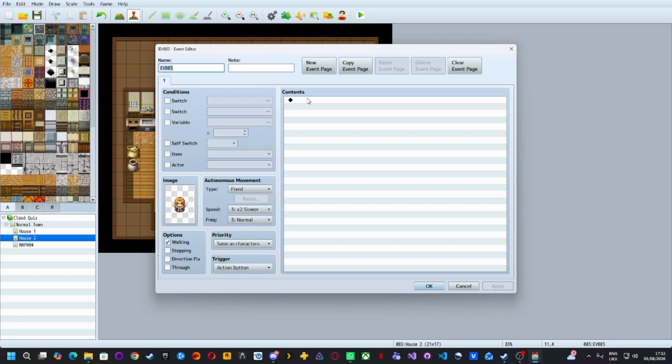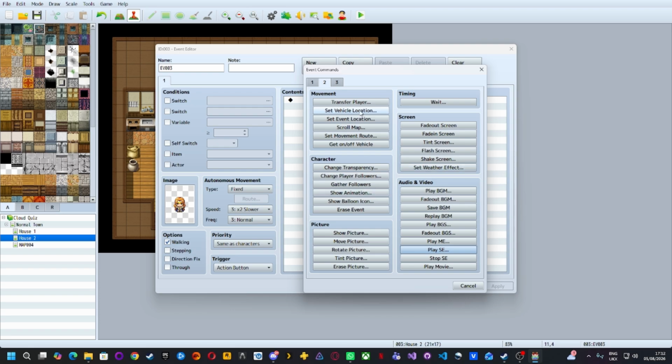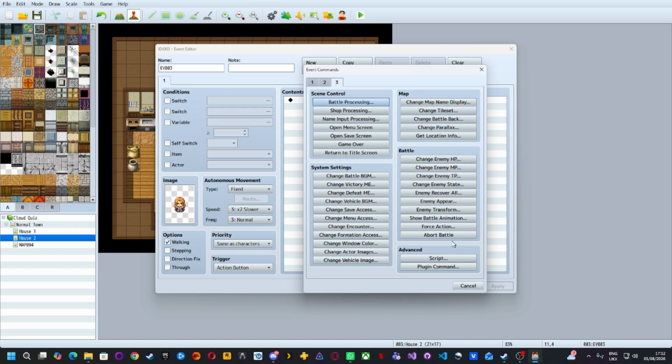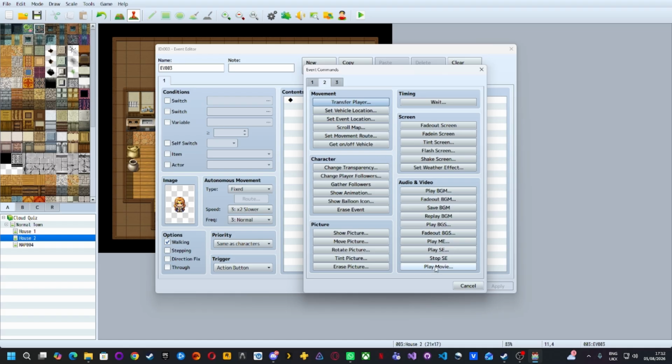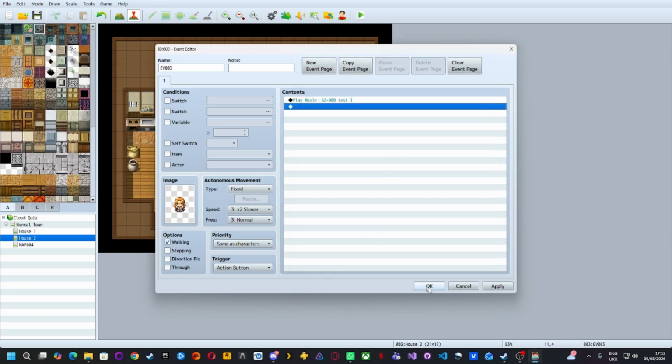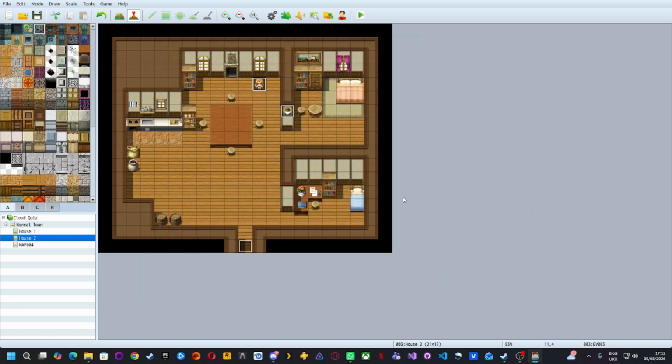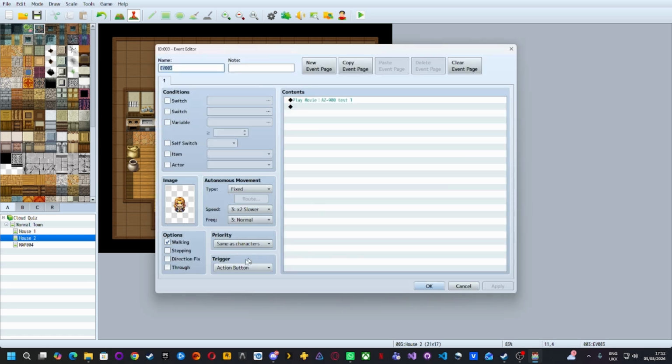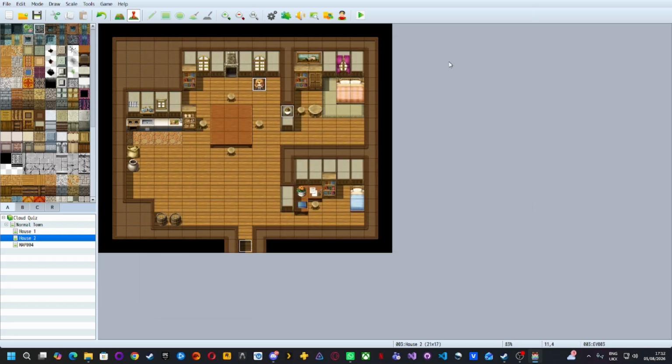And then when we go up to him, we're going to play a video, play movie. And you see now that I put the AZ900 test and renamed it, so we can apply that. We'll leave that as action button. So now, if I play the game,